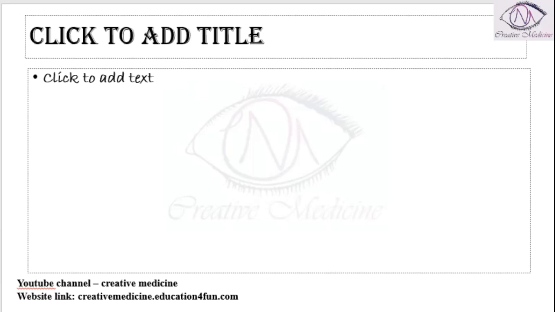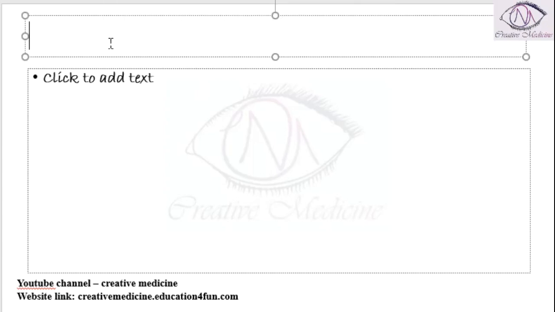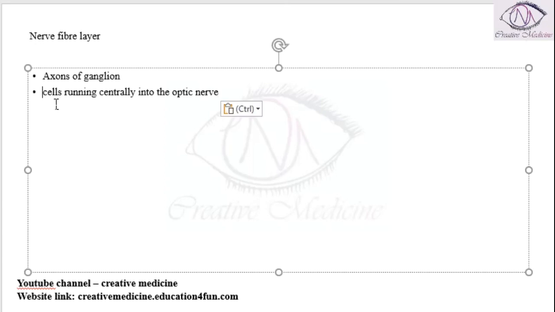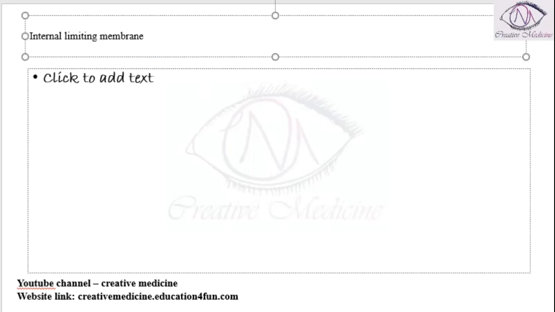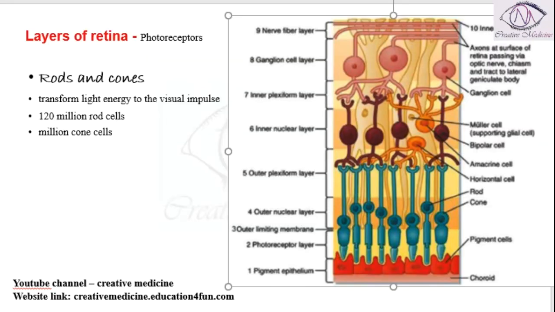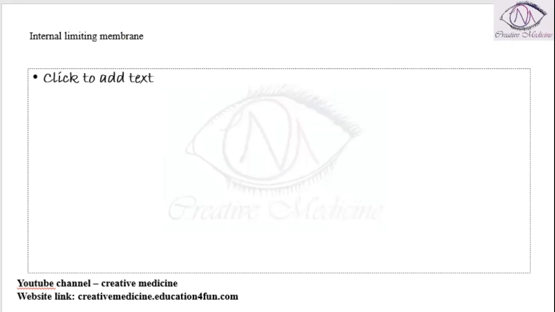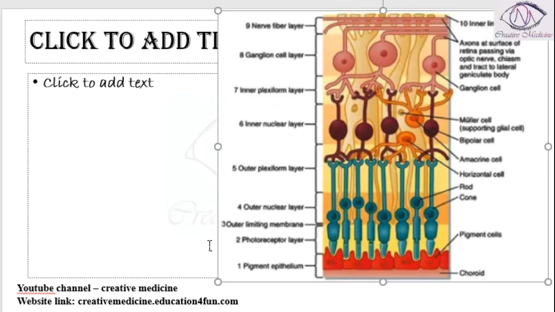Then we have the nerve fiber layer. The nerve fiber layer has axons of ganglion cells, which combine together to form the optic nerve, and finally the internal limiting membrane is seen. So if you see the picture, here we have the retinal pigment epithelium, the photoreceptor layer, the outer limiting